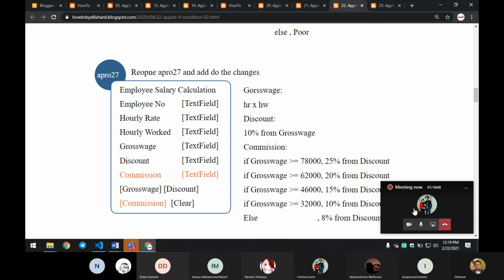So if you can upload it to the official group that you are in, 287 and 286, that will be easy for me. I can go and check what homework you completed in 287 in the same group. Rather than sending me a private chat, if you can upload it to the group itself, that is easy. Okay, anything else to be discussed?